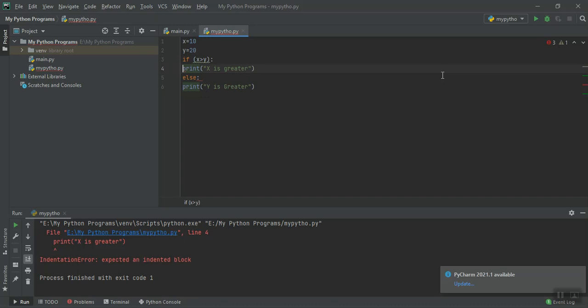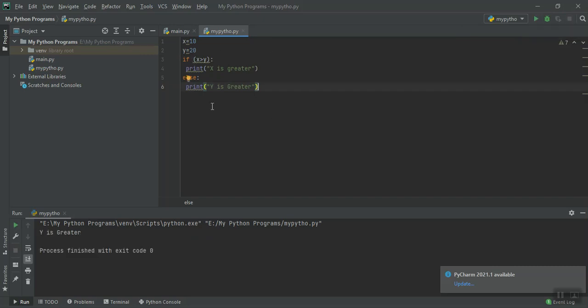The print comes inside the if, so you should put it inside the if statement, not alongside it. You have to give one space or a tab, whichever you prefer. Even one space will be accepted. Similarly for your else part. If I run this now, it will give you the output. So that is called indent, the indent rule, and you have to follow it.